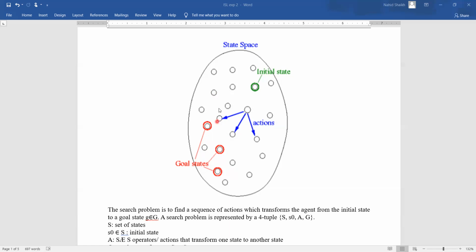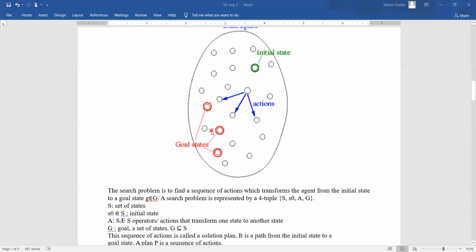And eventually there will be some link to this goal state where I can reach this goal state, and I can end my search. These all are the states possible for my problem, but if this is my initial state, I don't know which path exactly I need to follow to get to the goal node. So what I do is I just apply search over here also, here also, here also. Apply search wherever there is a state, and then at the end I reach the goal state and I stop searching. This is what state space is about.